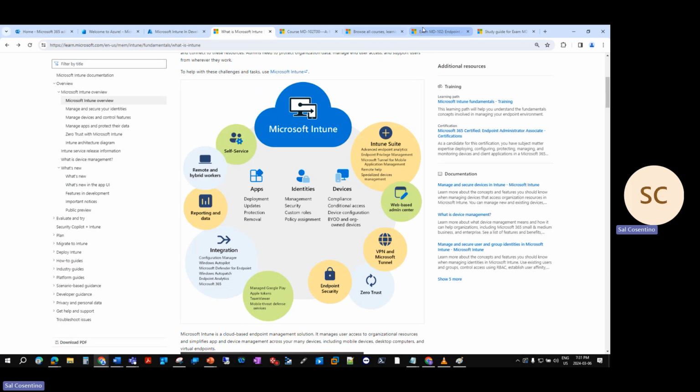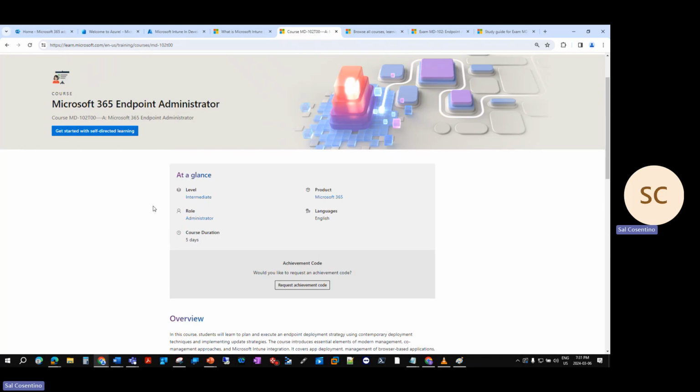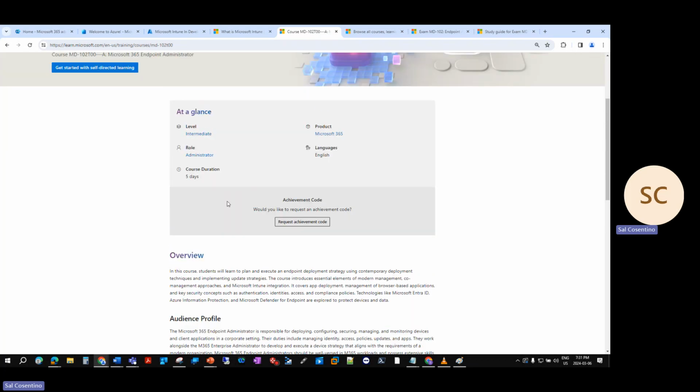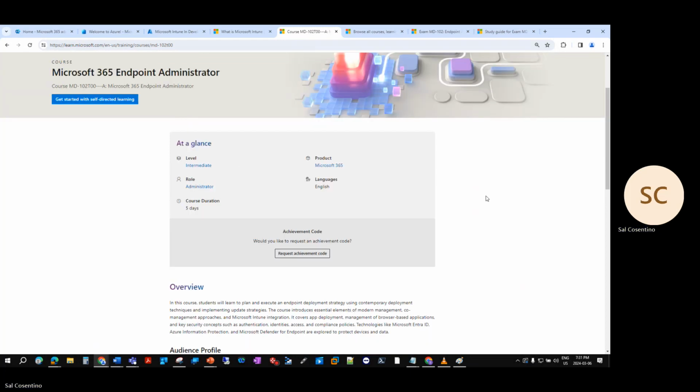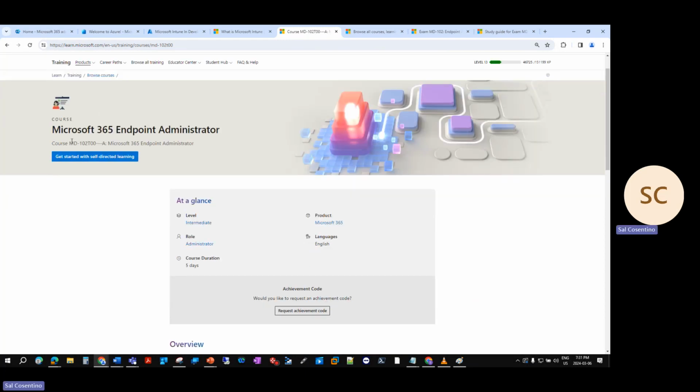And again, we're going to get you going into the course itself, with the 5-day course duration. If you haven't yet, make sure you create an account, then log in and look up the MD-102 T0 365 endpoint. And again, this is perfect. It's got great detail. It's got a lot of self-directed learning. You have 5 days to do it. Take your time,